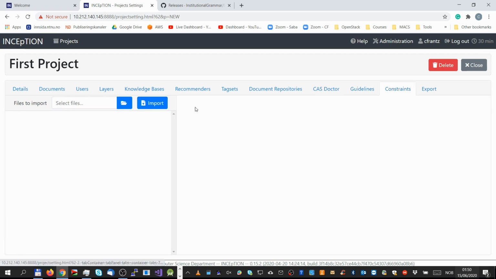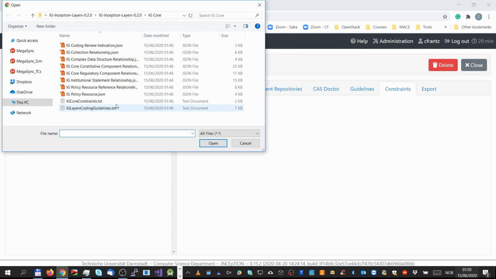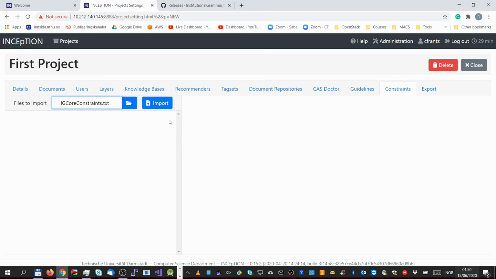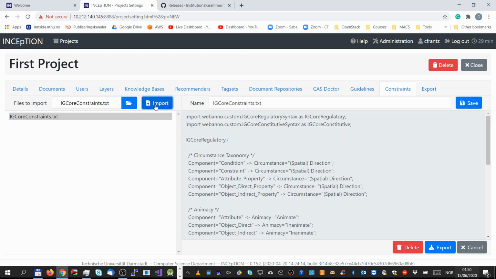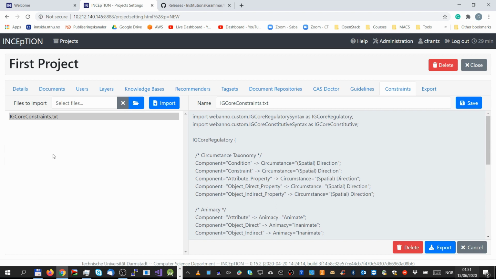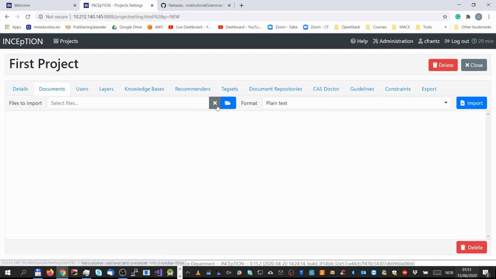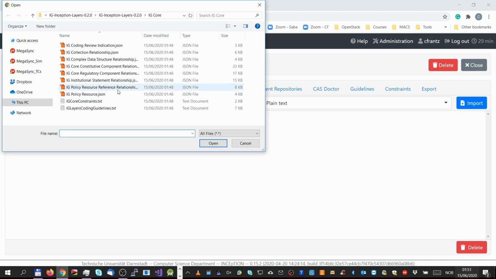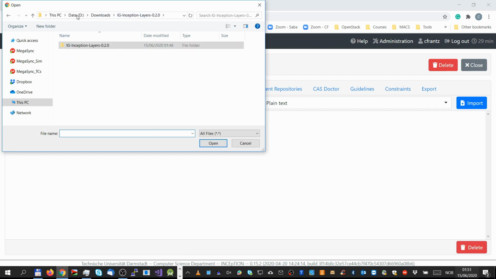And we also have constraints. Constraints are mechanisms by which the user interface is somewhat made more dynamic in Inception, so it's quite useful for usability purposes. However, you don't need to be concerned with the actual content of this. So once we have done this, we have prepared our baseline project. The only thing we're really missing is then of course a file we want to potentially encode. So for this purpose, I've just put here a demo file